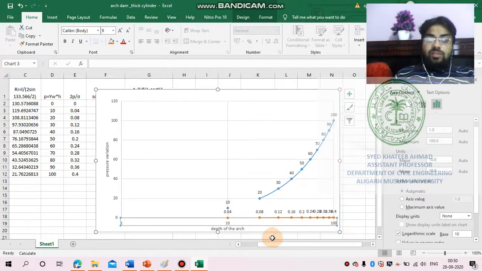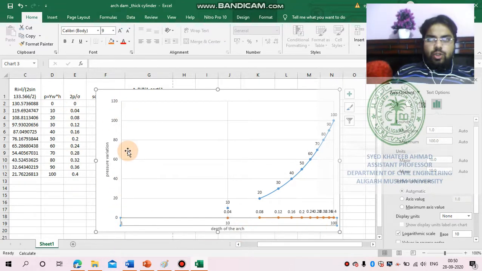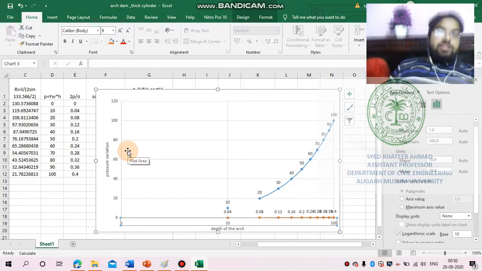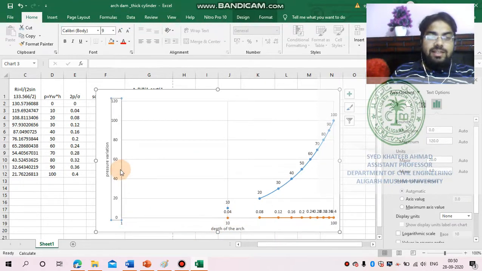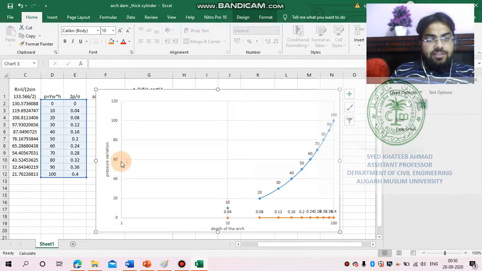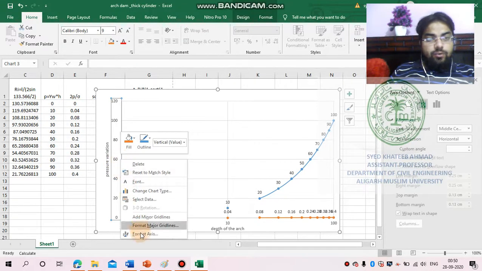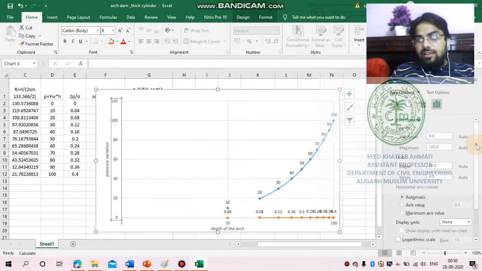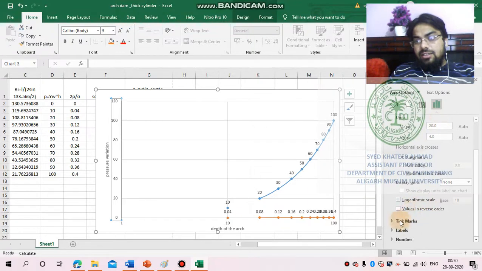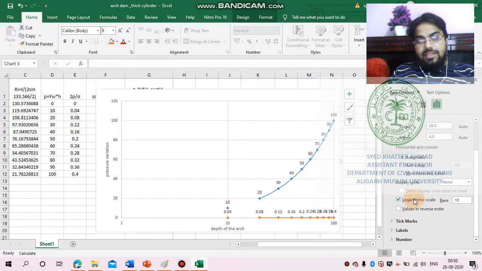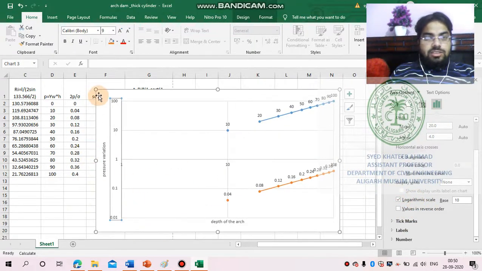Now this is actually a semi-log graph, when the x-axis is log scale and the y-axis is normal. I want both the axes to be logarithmic, so I will choose this y-axis, right click, Format Axis, and in the same right panel you can use this logarithmic scale. So this is now logarithmic scale.